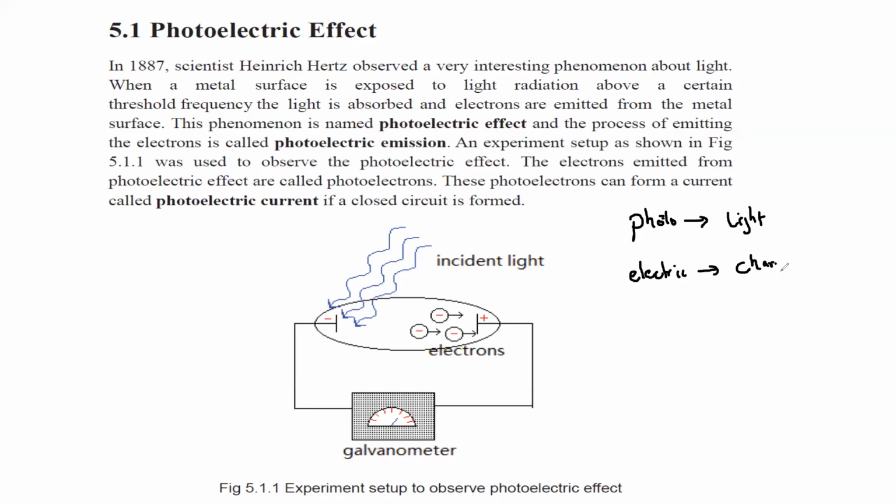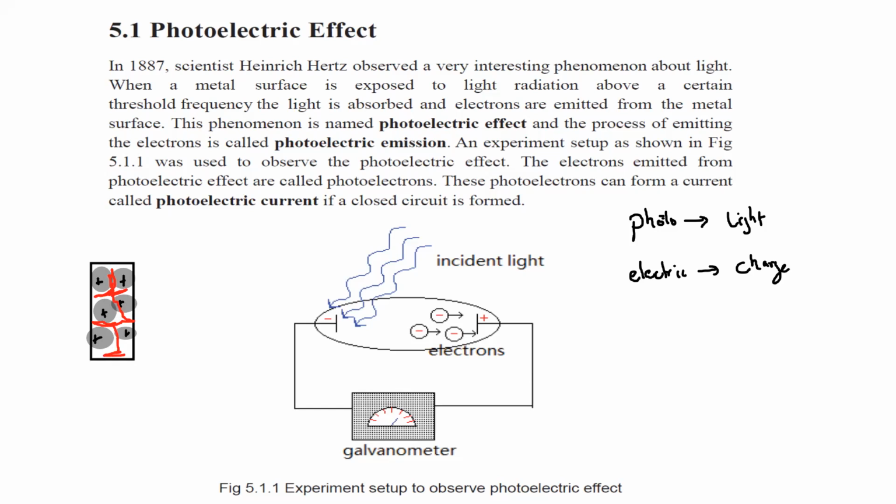So basically what happens in a photoelectric effect is that when light falls on a certain metal, as you can see, there's a source of light which falls on the metal. What is the structure of the metal? Metal contains a lattice of positive ions and delocalized electrons. There is a lattice, a regular arrangement of the positive ions in the metal, and there are delocalized electrons. Electrons are there within the structure which are free to move. In the example, this red shade is representing the electrons which are free to move.